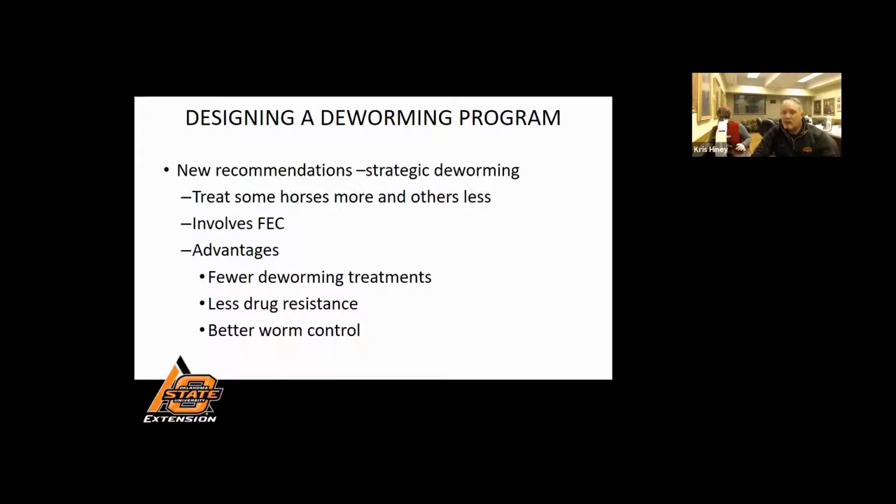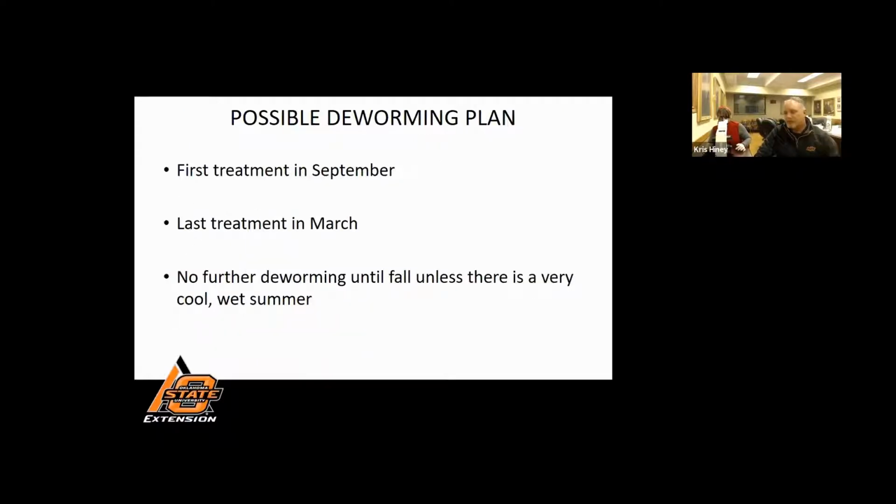Advantages to a strategic program when you identify these high, moderate, and low carriers is that you're going to have fewer drug treatments, which leads to less drug resistance, and then just overall better worm control. So this is a possible deworming plan that has been developed based off of research. And what I mean by research is when they see high levels of resistance reduced by implementing different management strategies